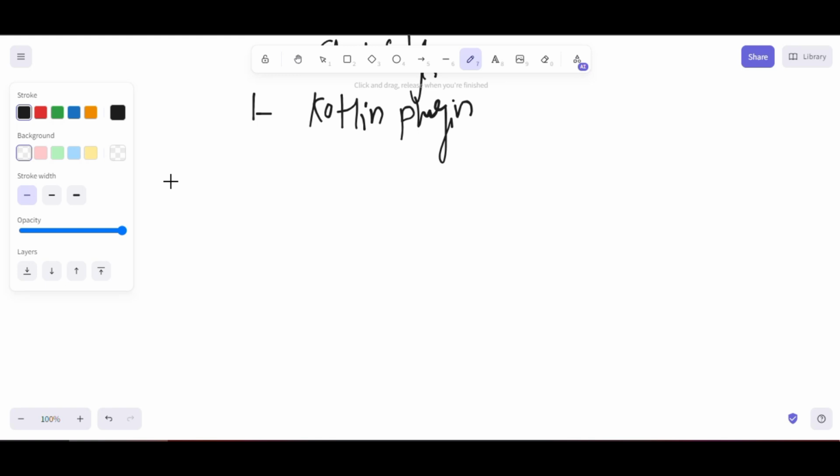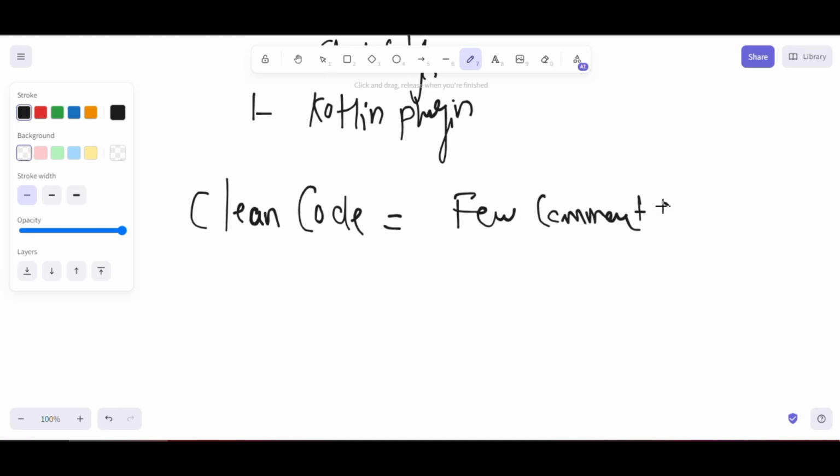So always remember, clean code equals fewer comments plus clearer code. Try to understand this formula. I hope you will apply it.